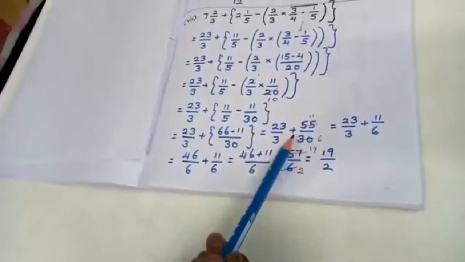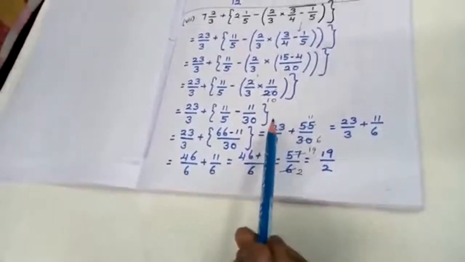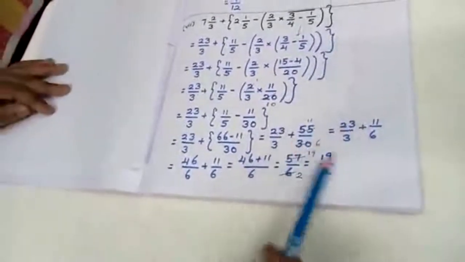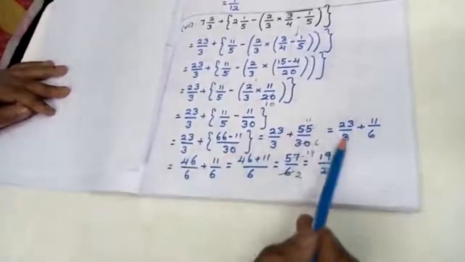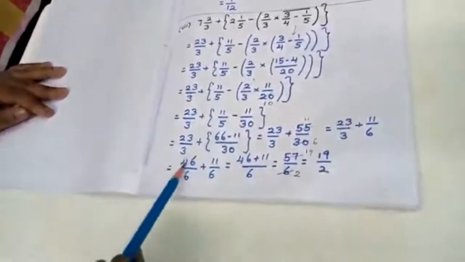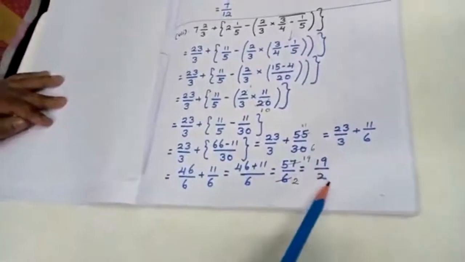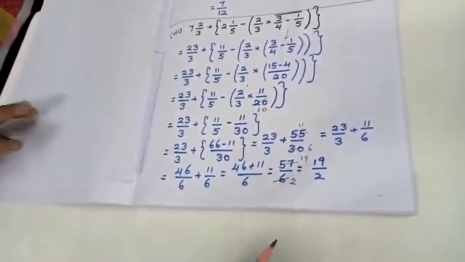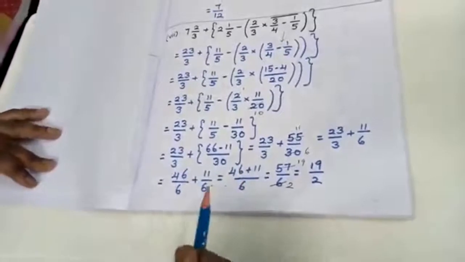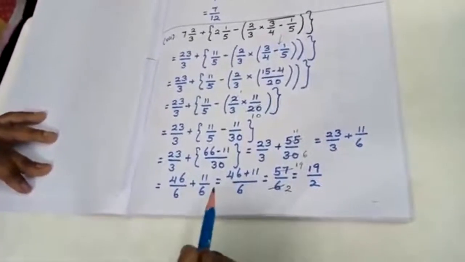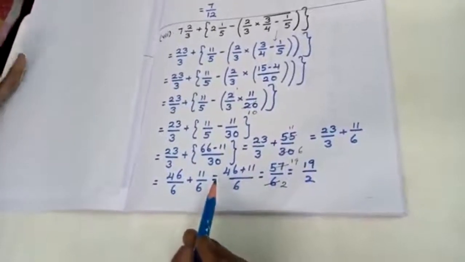Most of the time you will be finding the denominator, to make the denominator same, you will be finding LCM. Wherever necessary, you are going to try the rough work. 23 by 3 plus 11 by 6, make the denominator same. Divide and multiply by 2, that is 46 by 6 plus 11 by 6. Calculate, you will get the answer as 19 by 2. So it is all based on simplification. The main thing is you have to work out as many times as possible till you get a clear idea of the sum. You are going to work out the sum as many times as possible.